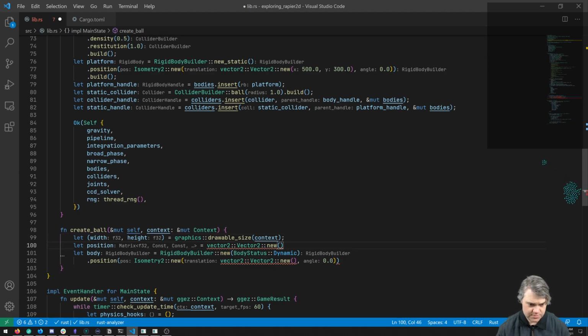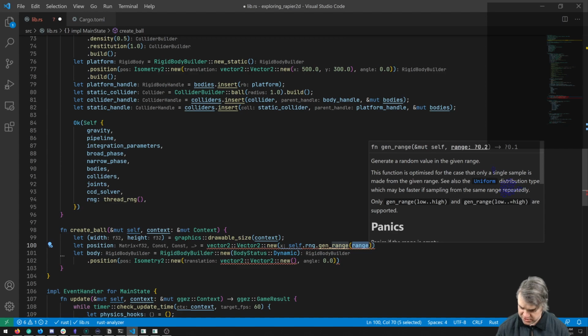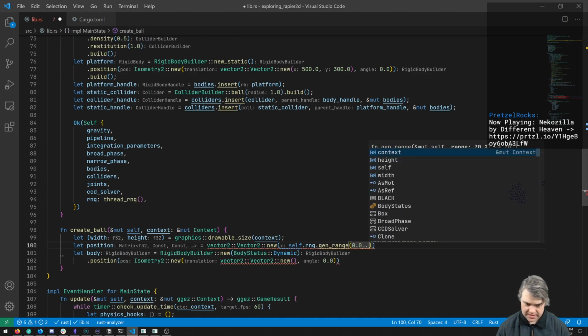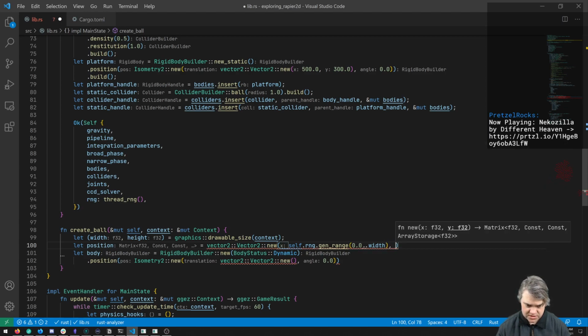Okay, so we're gonna get this position. Our X is gonna be self.rng gen range between 0.0 and width. But for the height, let's just do like -10. So if I do that,